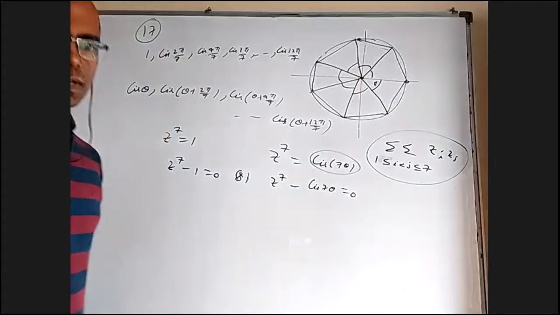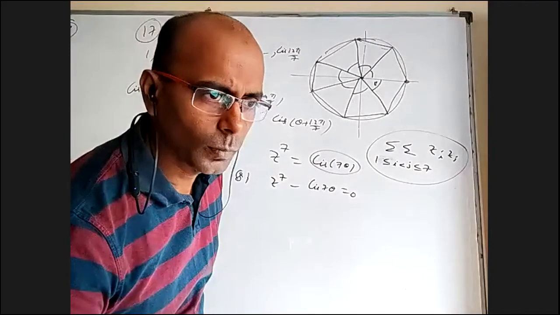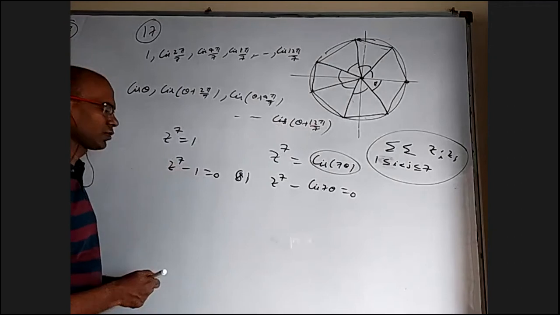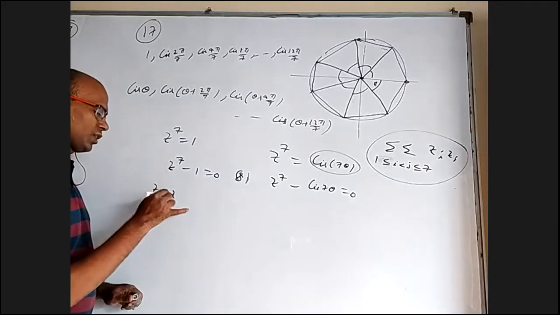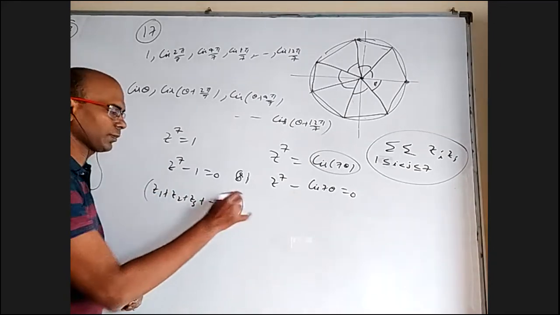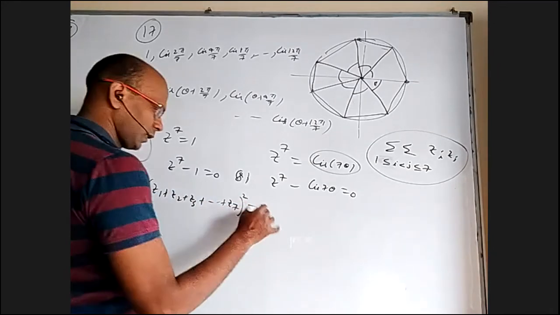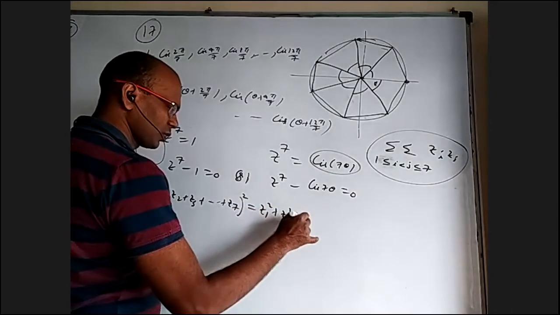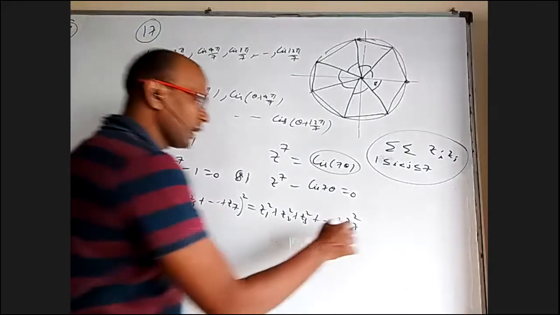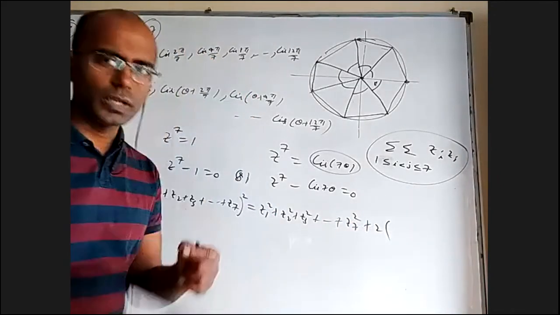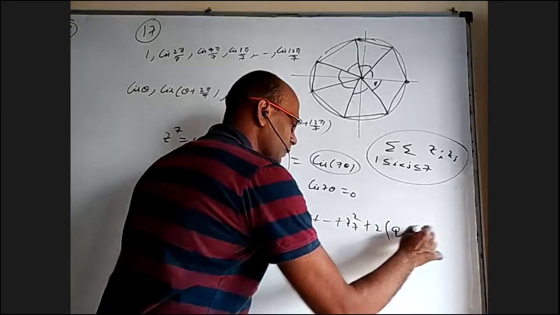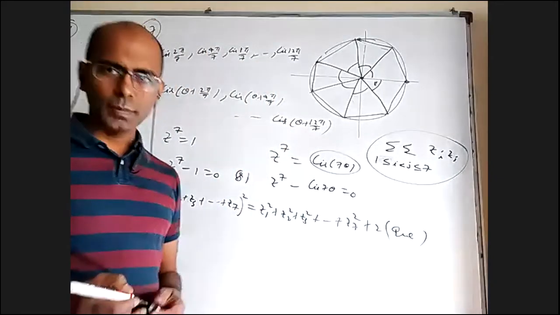I'm sure in binomial theorem somewhere you might have used it. Whenever you want this kind of two things, how to get is you take z1 plus z2 plus z3 so on up to z7 whole square. What will come? Z1 square plus Z2 square plus Z3 square so on up to Z7 square plus 2 times, we'll get 2AB, 2BC, 2CA, 2AD. That is exactly our question. All kinds of two things. Am I right?